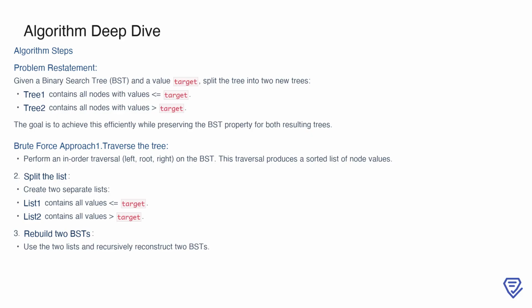First, we traverse the tree using an in-order traversal, which processes nodes in a left-root-right order and produces a sorted list of node values. Then, we split this sorted list into two separate lists, one for values less than or equal to the target and the other for values greater than the target. Finally, we reconstruct two new BSTs from these lists. While this approach is straightforward, it involves creating intermediate data structures and rebuilding the trees from scratch, making it less